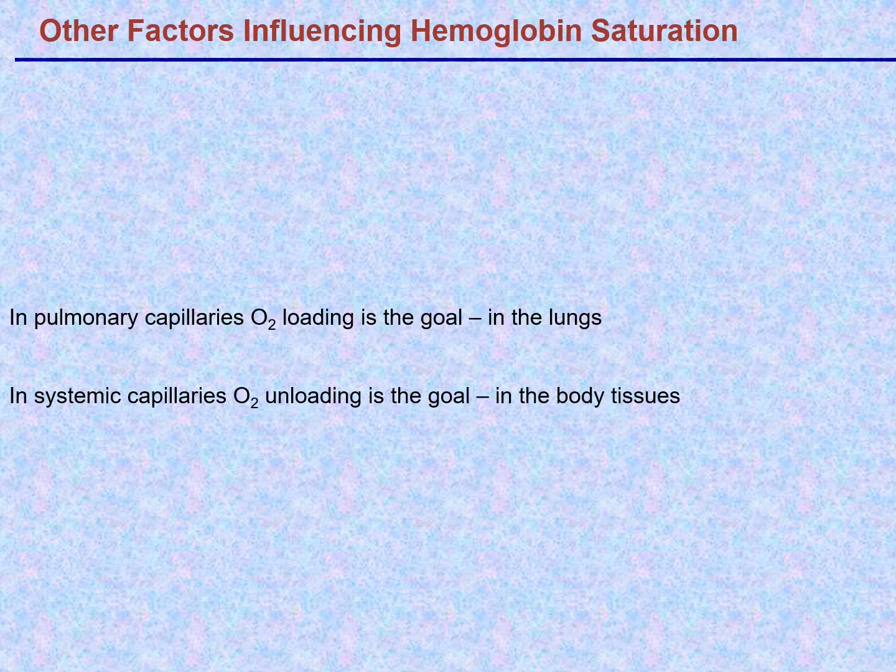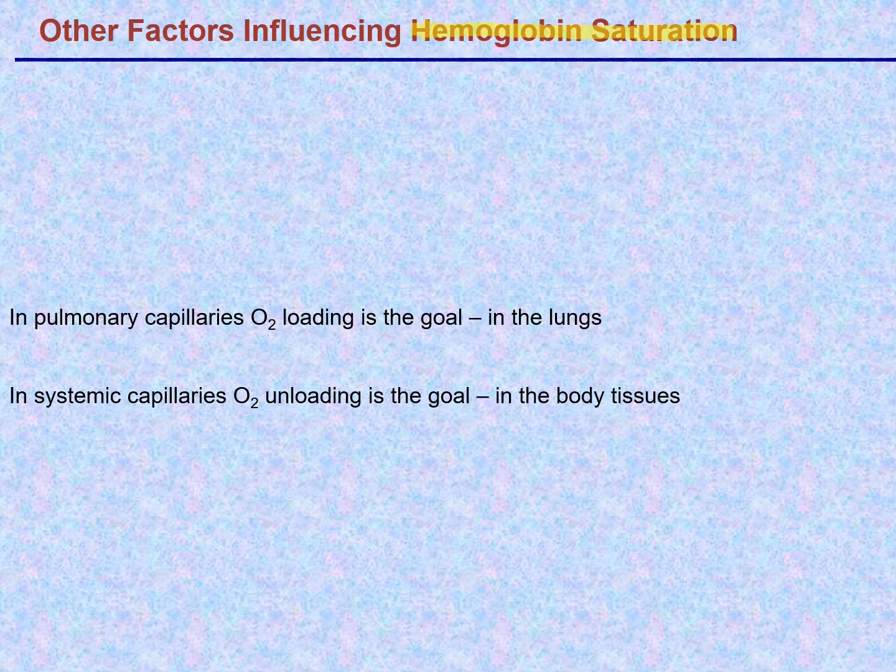There are other factors influencing what the saturation level of the hemoglobin is besides the surrounding PO2. Remember, in the pulmonary capillaries, the goal is to load up with oxygen, pick up oxygen in the lungs, and in the tissues, it's to release oxygen, unload. So this is sort of a contradictory thing, that this one molecule, hemoglobin, can do both. It can pick up oxygen tightly with a high affinity, and then release oxygen. And it does that because